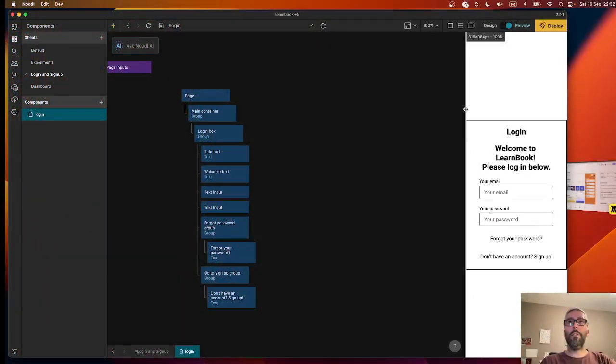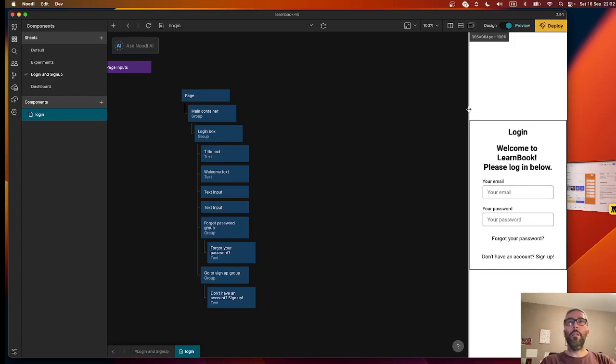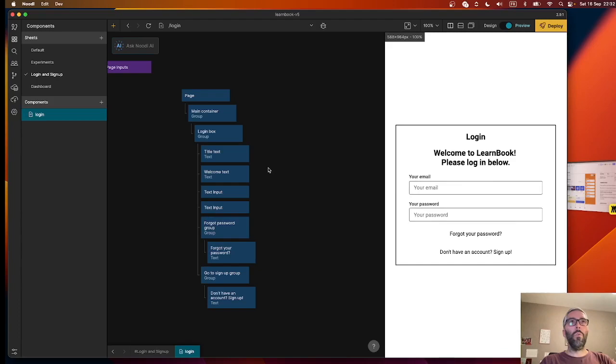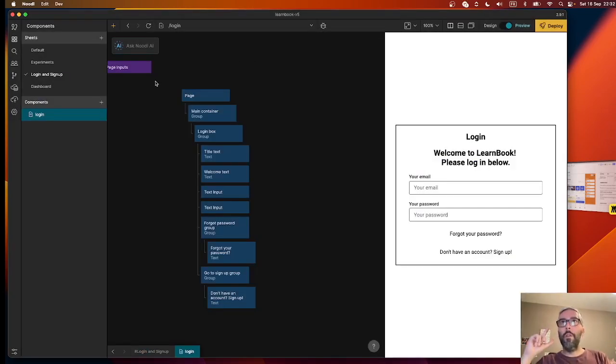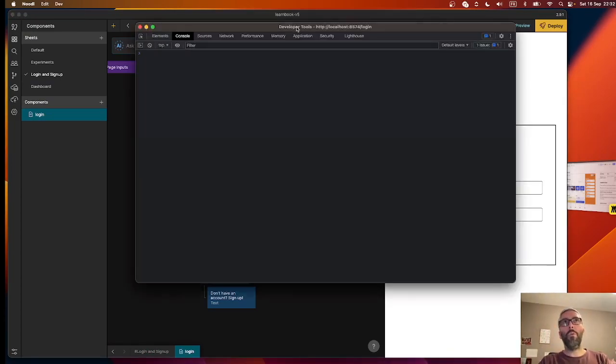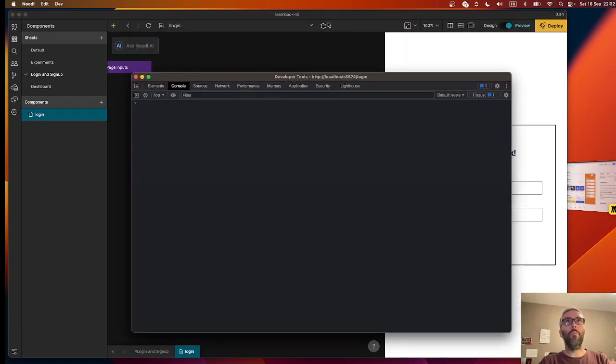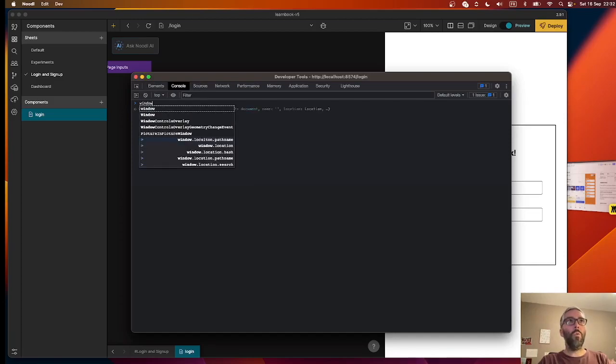I think when we get to this, we're going to want not as much padding here in mobile. So let's take, oh crap, I'm going to have to try to remember this now. No, I won't. I was just trying to remember how to do that window width thing in JavaScript. One of the cool things about Noodle is you have a developer console. Their preview browser is based on some version of Chromium or something like that. So you actually have a JavaScript console, so you can go window